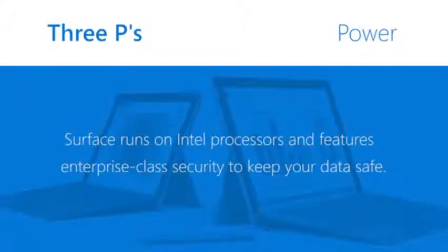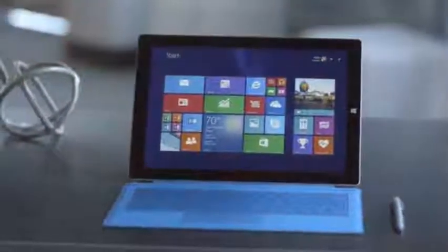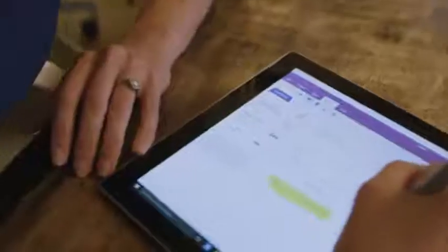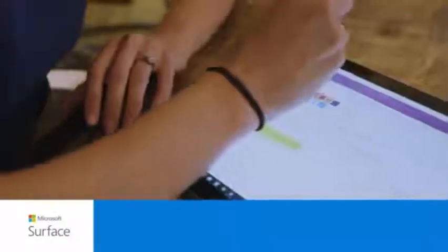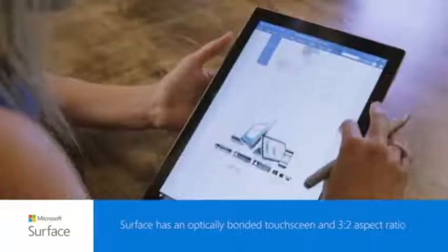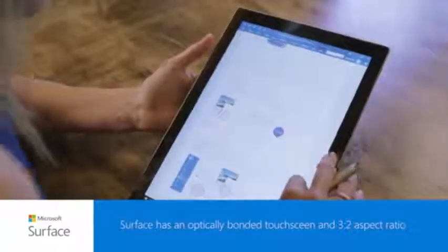So now that you learned about the 3 Ps, let's dive into the product a little more and discuss why small businesses will love these devices. Surface provides true versatility by being the best of a tablet. With its go-anywhere form factor and all-day battery life, it's perfect for field users or remote workers. In addition, the high-res optically bonded touchscreen with 3:2 aspect ratio makes it perfect for people who are working with documents. With its high-res cameras, a great microphone, and Dolby-enhanced speakers, users can have great online meetings, take high-quality pictures,